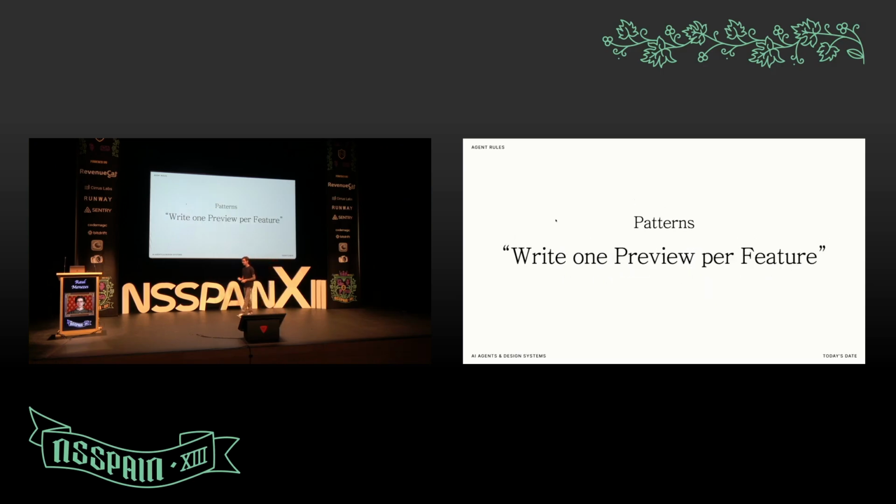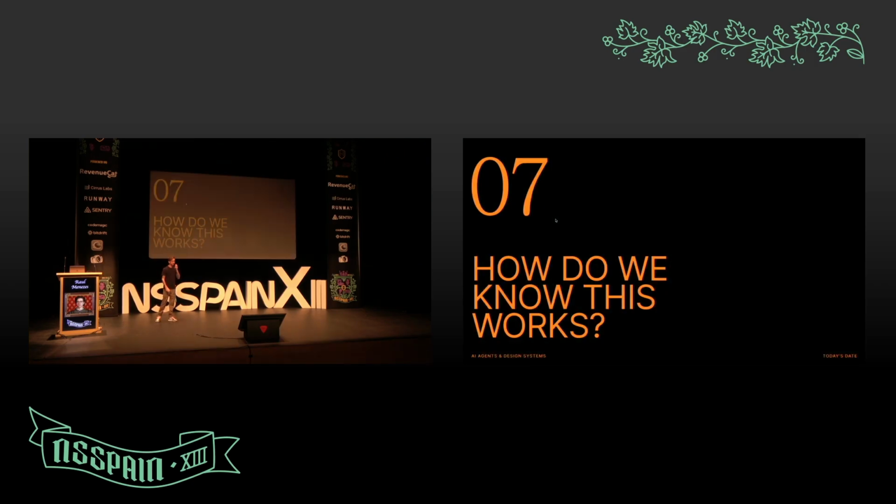And patterns: run one preview per feature. That's something that I quite do. Don't have chunky previews. Always work with the smallest piece so you can have faster previews. And if you're working with autonomous libraries that can actually generate snapshots from previews, that makes a huge difference. So this kind of agent concept helps the agent to perform less wrong work. Let's go.